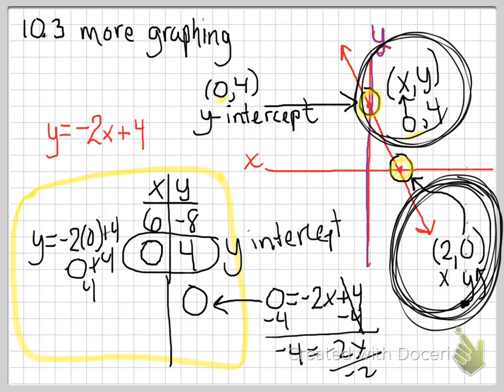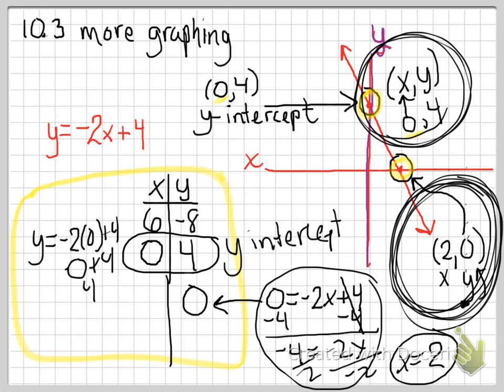And divide by negative 2. And I get x equals positive 2. If you're struggling with this part of the algebra and you're like, man, I always make mistakes, I never know if it's negative or positive, plug it back in and see if it really does make 0. What I mean is take this 2 and put it in where the x is,